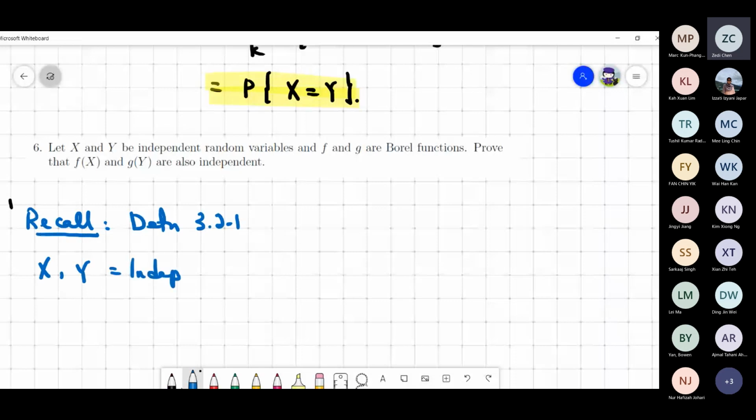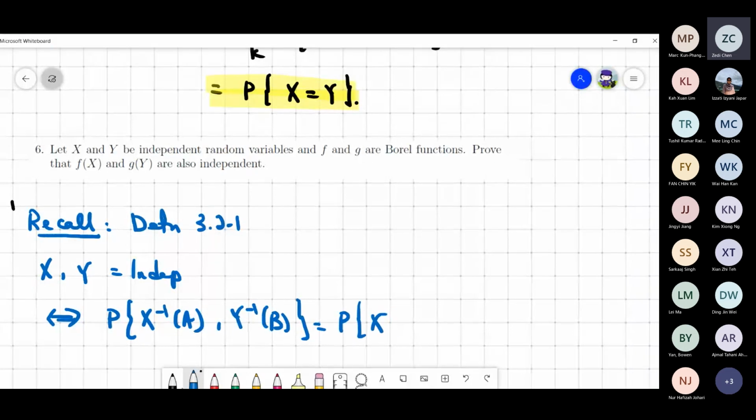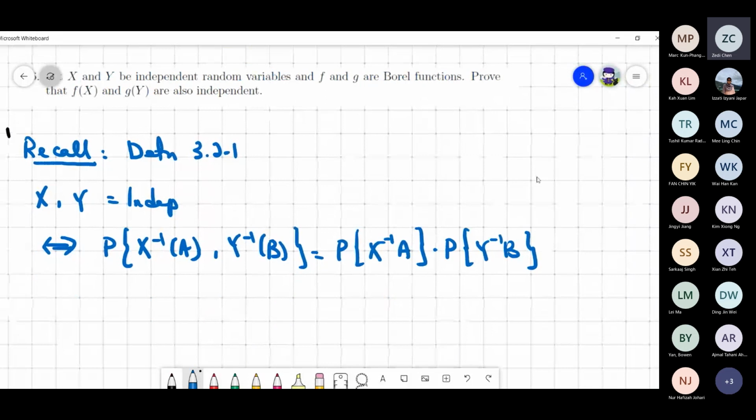We have two random variables X, Y. They are independent provided that the probability of X inverse A and Y inverse B is equal to P of X inverse A multiplying the probability of Y inverse B, for any